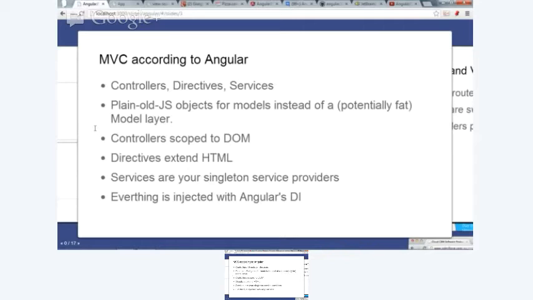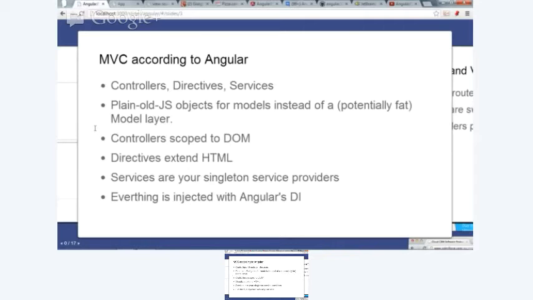Controllers are functions that you use to control what is made available to the DOM, to the view. And directives let you extend the DOM and do what you would normally think of doing with jQuery. So there's an important difference between the two of them.